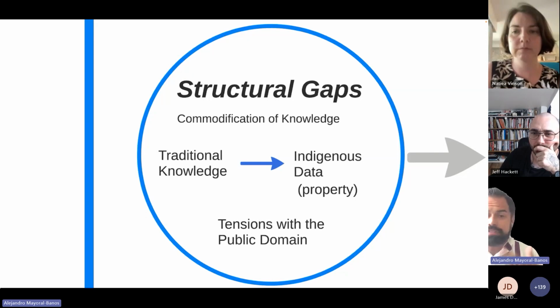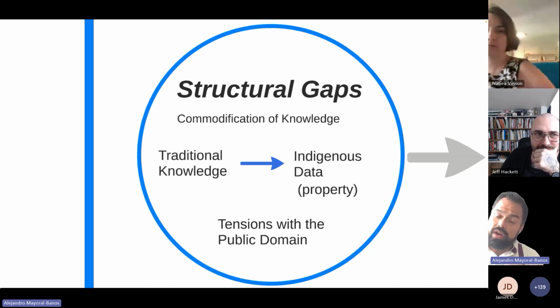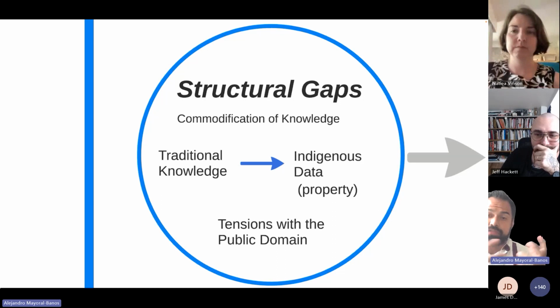I have always used this example: yoga. All of us have heard about yoga, and there are a lot of types of yoga. Yoga is a very specific traditional knowledge from a very specific community in India. Now it has become part of the public domain, and everyone is talking about yoga and adapting yoga in many different ways. So this misappropriation of traditional knowledge is a big problem.